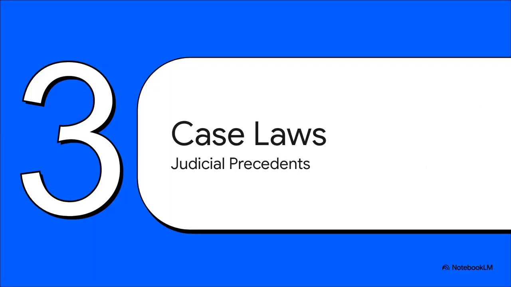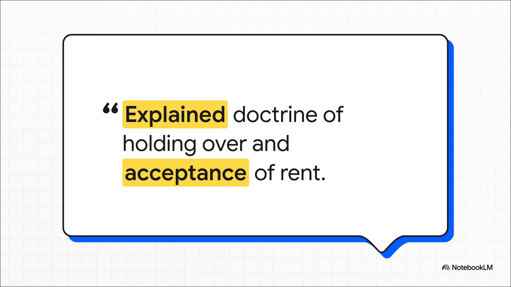Section 7. Case laws, the judicial pronouncements. Judicial precedents are the absolute anchor of any legal argument. You cannot claim to understand the Transfer of Property Act without knowing how the Supreme Court and federal court have interpreted it. I want you to write this first case law in a separate boxed format in your exam. Bhavanji Lakamshi v. Himatlal Jamna Das Dani. Our text notes that this case explained the doctrine of holding over and acceptance of rent.